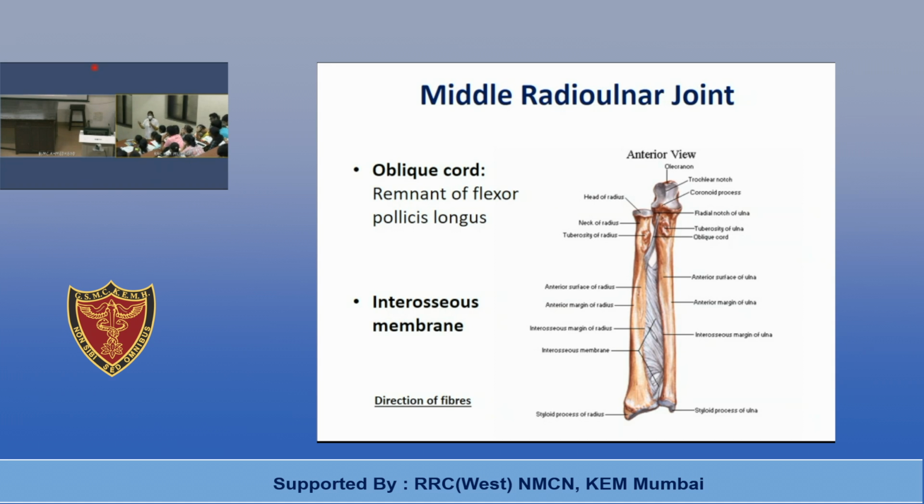Similarly, if you see the forearm region, which vessels are passing above? Those who are sitting in front, can you tell me which vessels are passing over the upper border of the interosseous membrane? Why is there a gap in the lower part of the interosseous membrane? Which nerve passes through this gap? Or which artery? Which vessels? What passes? Anterior interosseous vessels.